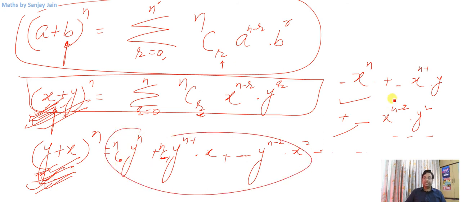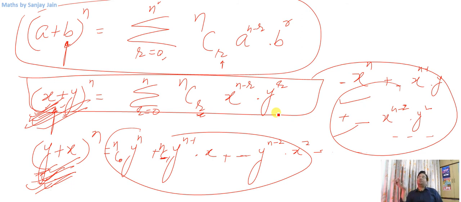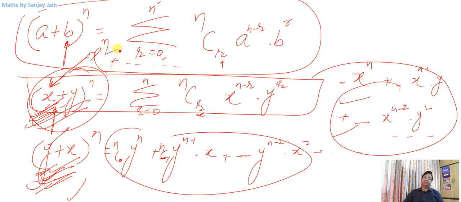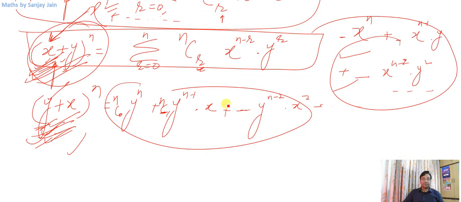This is the only difference. Otherwise, this expression and this expansion, these two are also the same. It is just that in binomial theorem, some questions are asked like this: fourth term from the beginning. Then if x plus y and y plus x are both the same, which fourth term from the beginning am I asking about? So when the expression is given like this, I consider that I have to start with giving all the powers to x. That is, I have to start with x raised to power n, and then keep decreasing x's power by 1 and keep raising y's power by 1. Okay, this is the convention, you can say, at least for your chapter, to solve your chapter. So you got a formula.